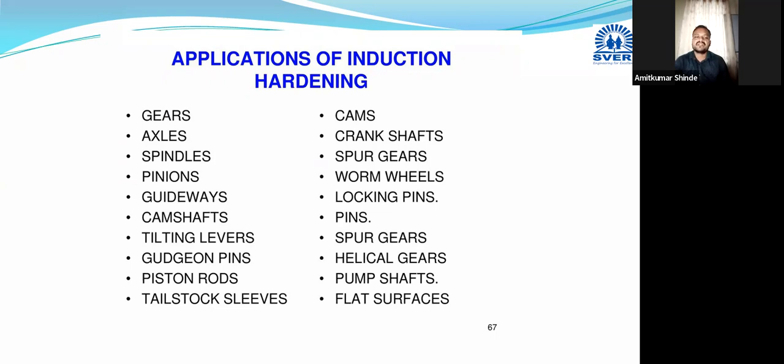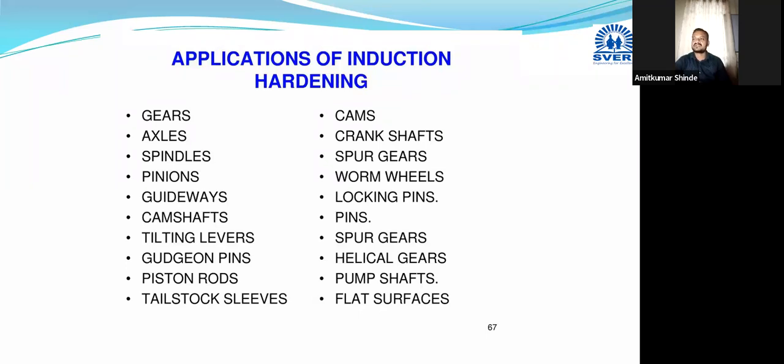If you have any difficulty, you can ask me. In the next session, I will start the introduction to the powder metallurgy chapter. In the practicals, from the destructive and non-destructive testing methods, I have already discussed hardness testing, tensile testing, and impact testing. And tomorrow we are going to conduct a practical on non-destructive testing methods like dye penetrant testing or liquid penetrant testing. So first I will finish the powder metallurgy chapter and then we will discuss the destructive and non-destructive testing methods. Now the total 4 chapters we have completed.